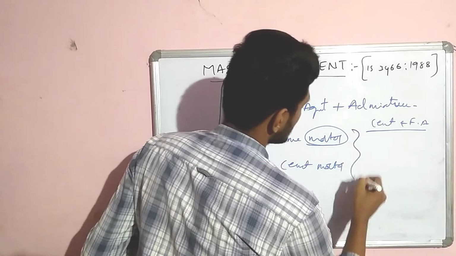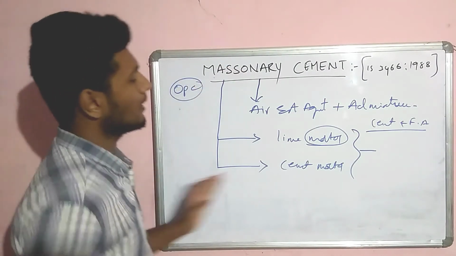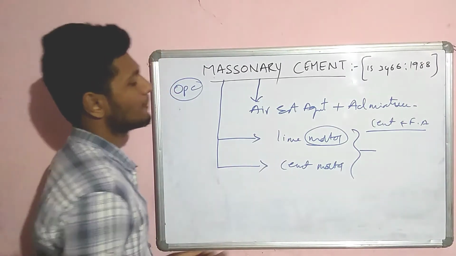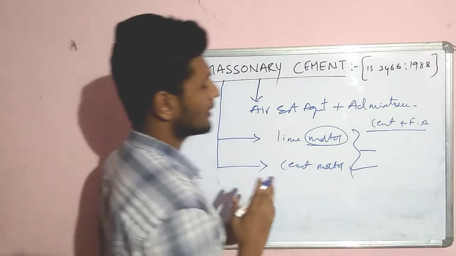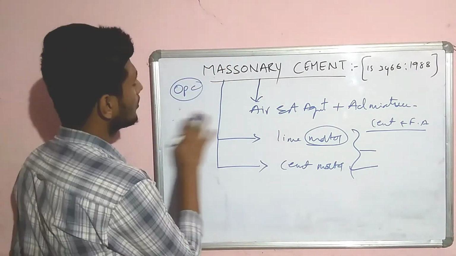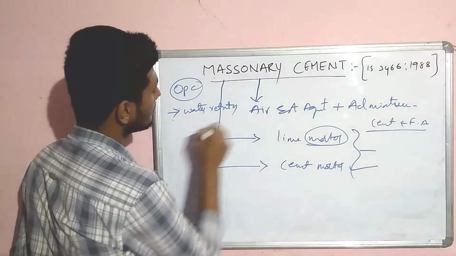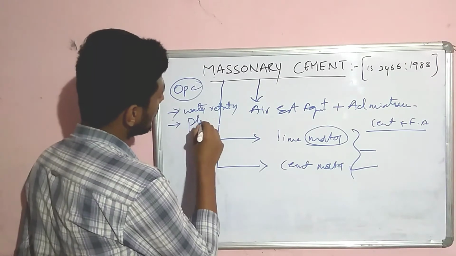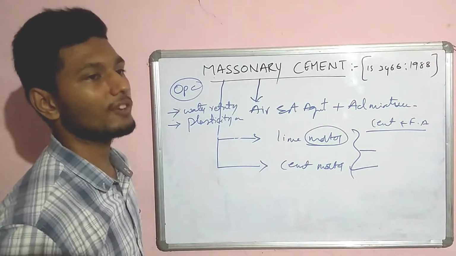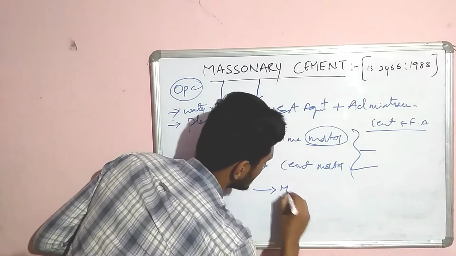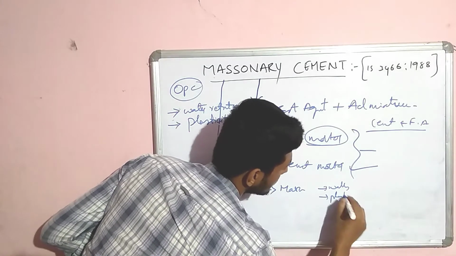We can see it is also similar to the OPC grade of cement. By comparing lime mortar and cement mortar, cement mortar is more inferior than lime mortar in the standards of workability or strength. We improve the water retentivity of the structure and plasticity of the mix. Generally, masonry cement is used for building masonry structures, meaning building of walls, for plaster purposes.